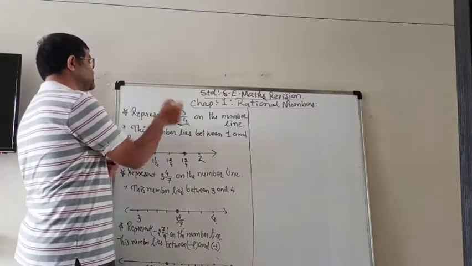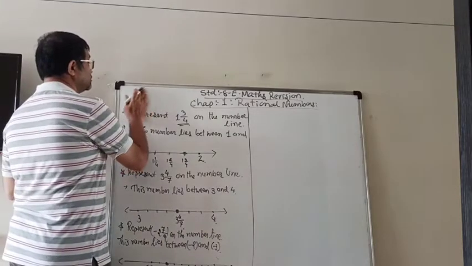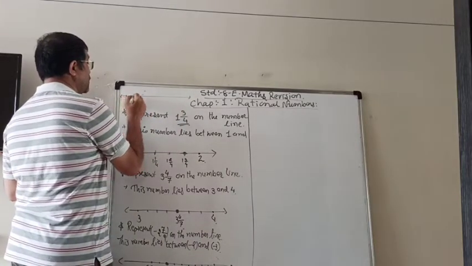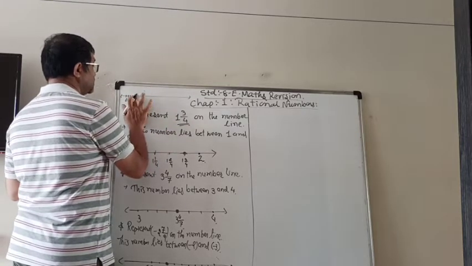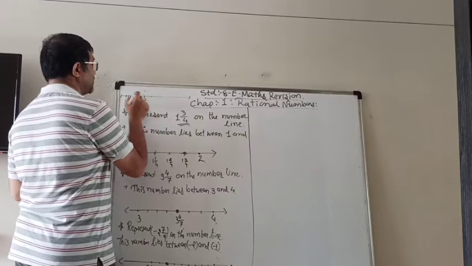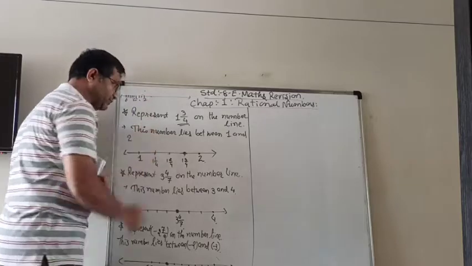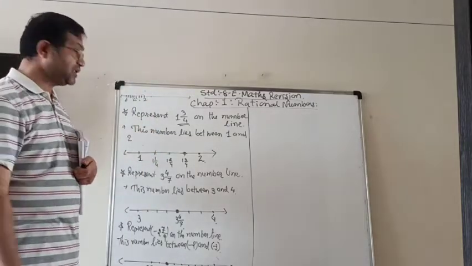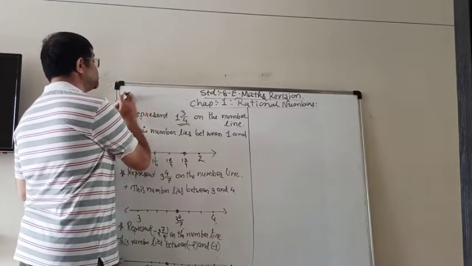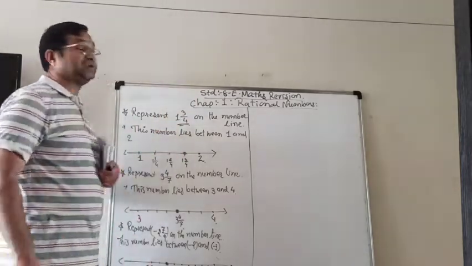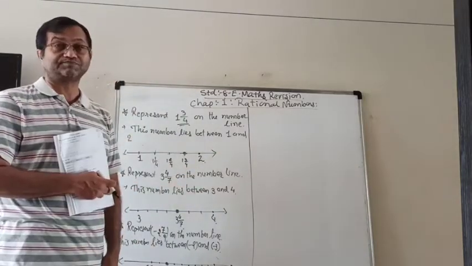Because if I tell you that it is 7 upon 4, then what will you do? To represent it, we take 0, then 1, 2, 3, 4, then 1, and 1, 2, 3, 4, 2, then we count 1 upon 4, 2 upon 4, 3 upon 4, 4 upon 4, 5 upon 4, 6 upon 4, 7 upon 4. That is too long. So rather, we have to convert them into the mixed fraction. Then it is easier. We take a limited part, and we have a bigger space also.